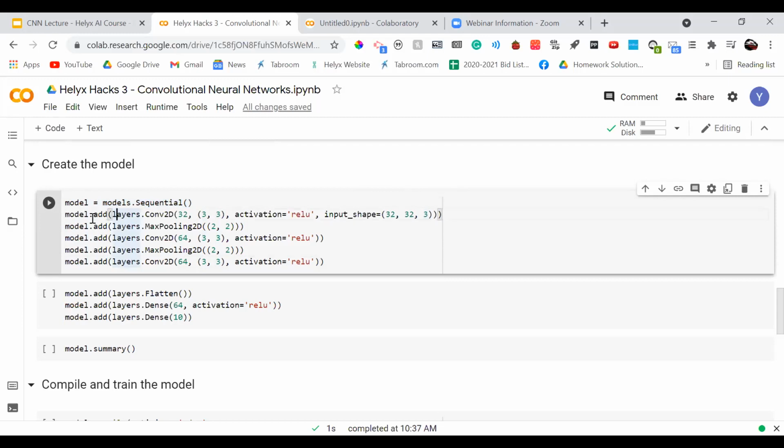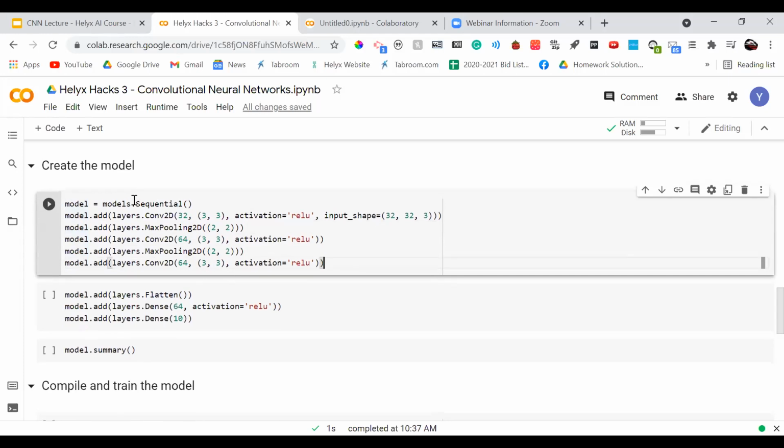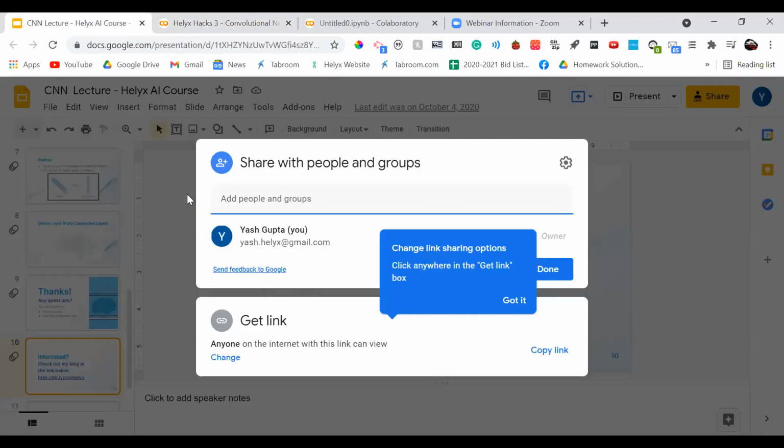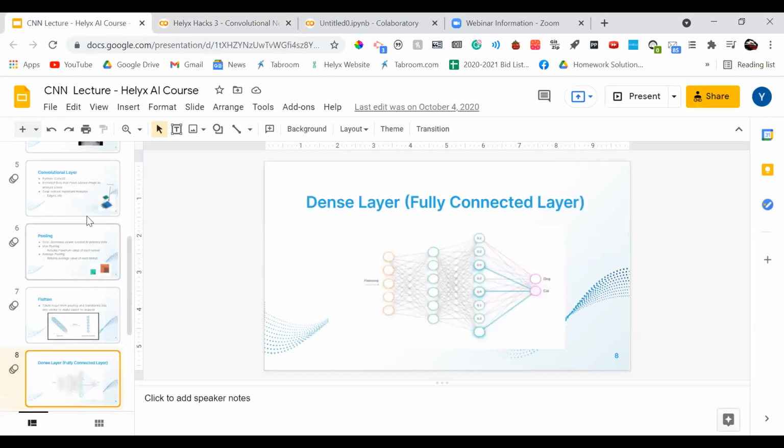Then we go into each layer. The way you add a layer is just model.add, pretty simple, and then you start coding your layer. I'll walk through each part of this. So layers.Conv2D. The first part is how many filters you have. Remember, if we go back to the slide, we looked at